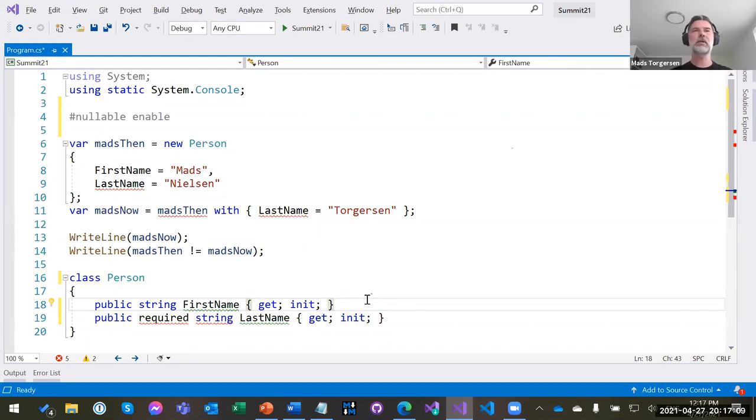And we did think about linking the requiredness and the nullability more. But we think they're actually, as features, orthogonal. You can want all four combinations. They certainly affect each other in the nullability analysis, because if a property is required, we're not going to complain that you're not initializing it within the object. It is essentially seen as a way of initializing it. But other than that, they're best separate.